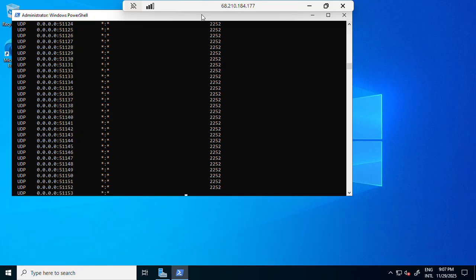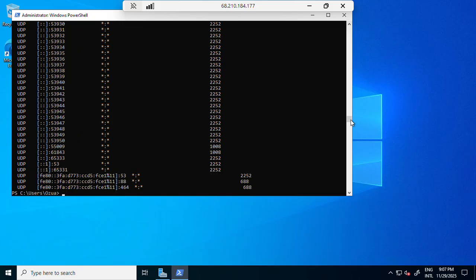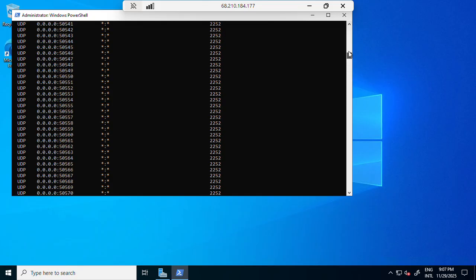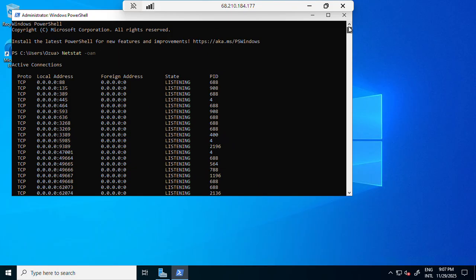This is it. So you can see these are the active network connections. They are listening, and the associated PIDs. Okay, so having done that, I will choose two ports here to